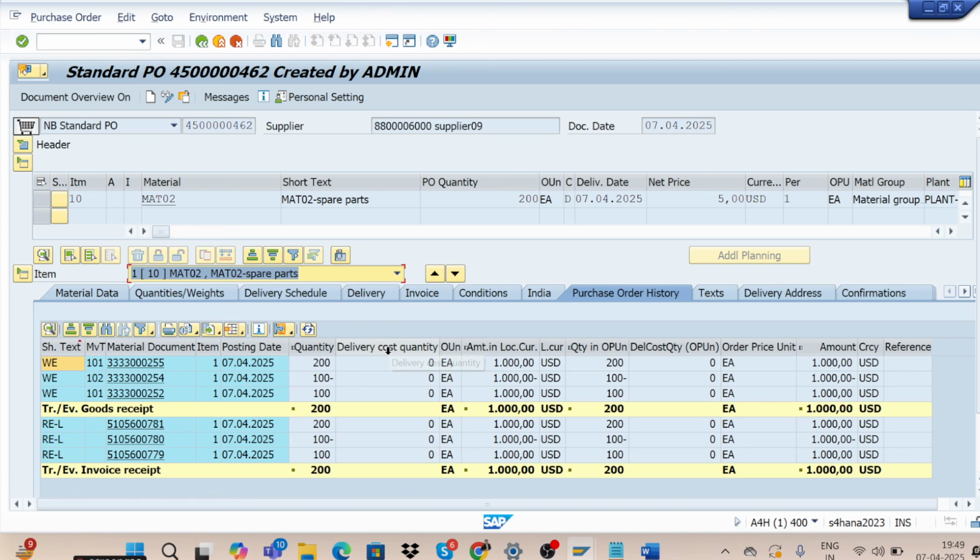As an assignment, you just need to send this screenshot. I will be able to see that you have completed the procurement cycle and reversal. So this will be your assignment that you need to do. Just complete that, and in the next session we will see blanket purchase order.